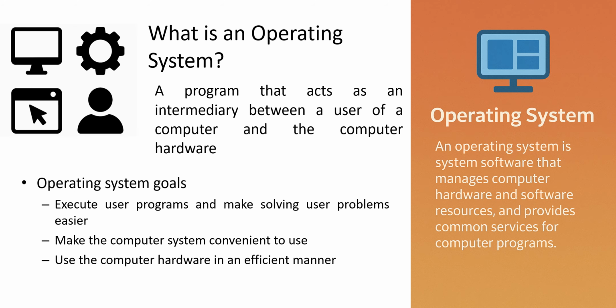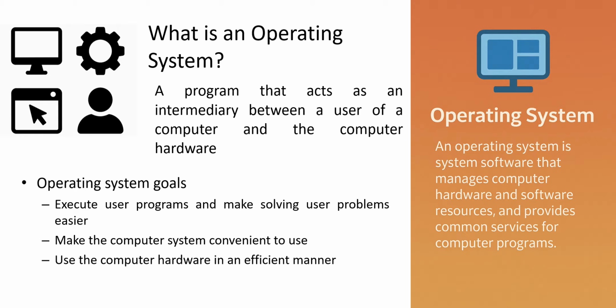Let's begin with the most basic question. What exactly is an operating system? In simple terms, an operating system is a program that acts as an intermediary between the user of a computer and the computer's hardware. Think of it as a translator and a manager rolled into one. It sits between you and the raw electronics, so you never have to talk to the hardware directly. More formally, an operating system is system software that manages computer hardware and software resources and provides common services for